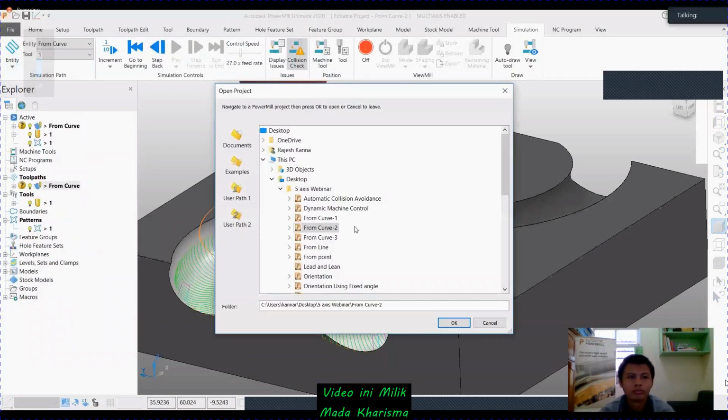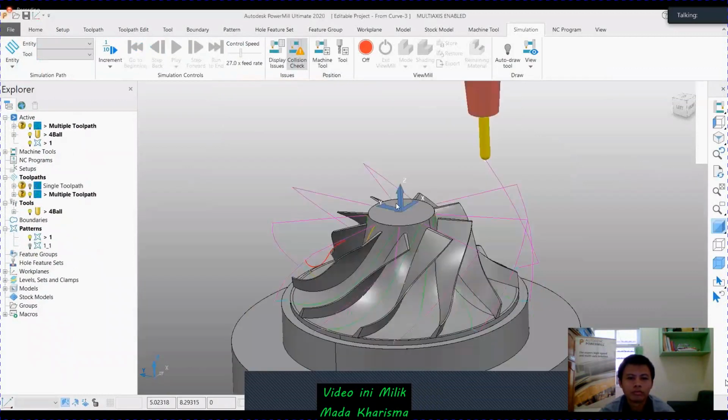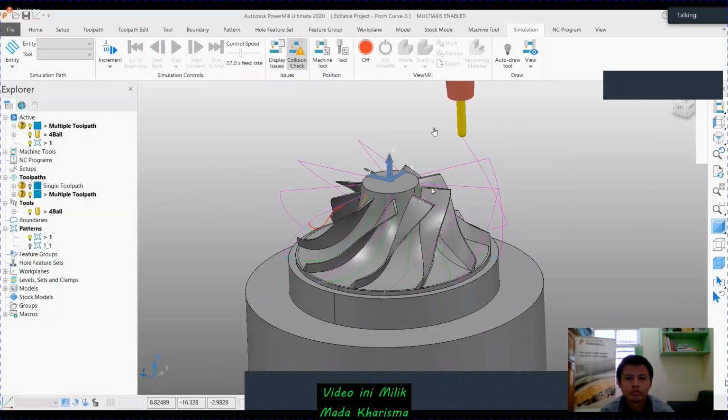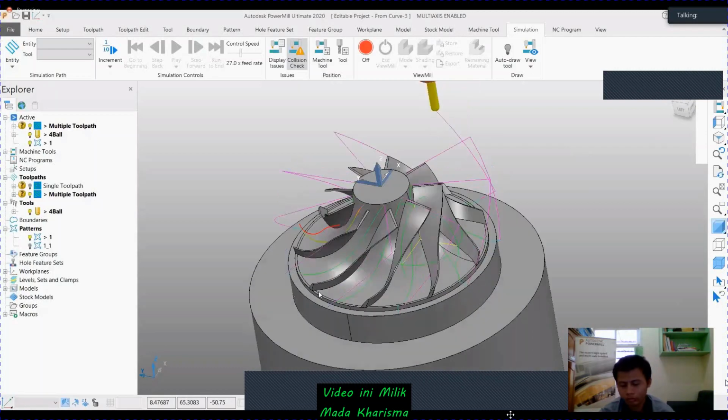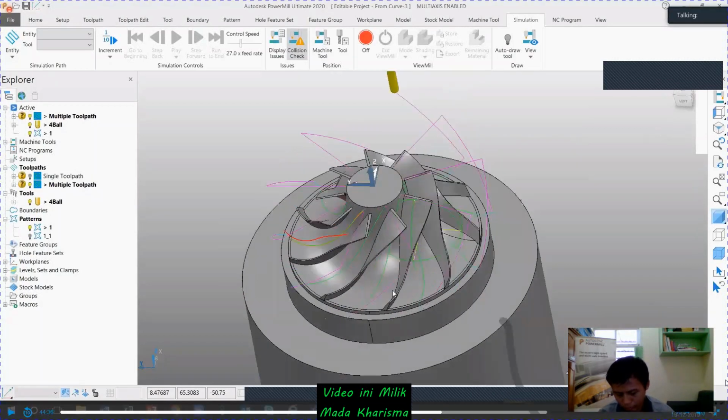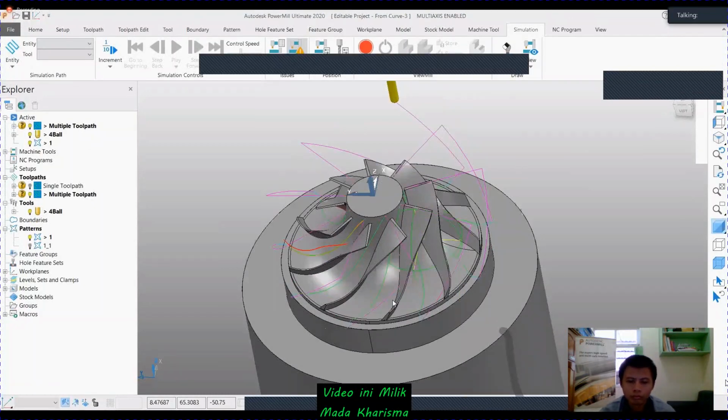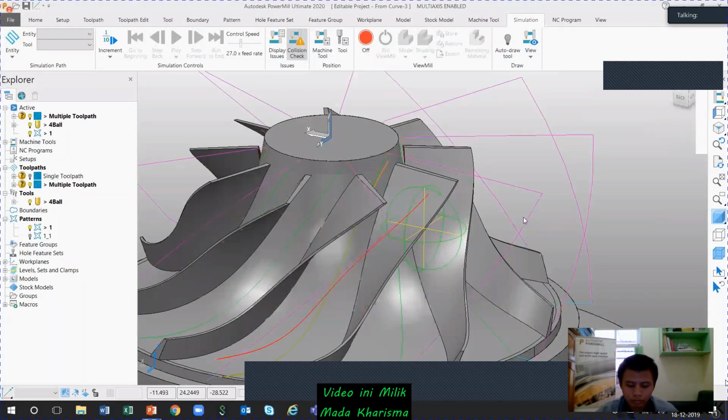Okay. So it's an impeller part. So people who do not have the ultimate version can still machine the impeller by creating the curve over it. Here I had generated the curve something like that. I have two curves. One is to follow for the pattern finishing toolpath strategy. The other one at the top is my tool axis definition.